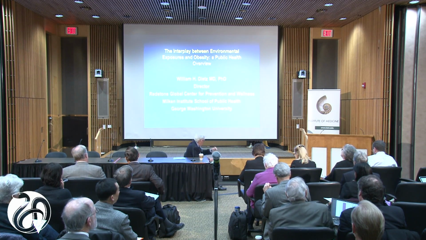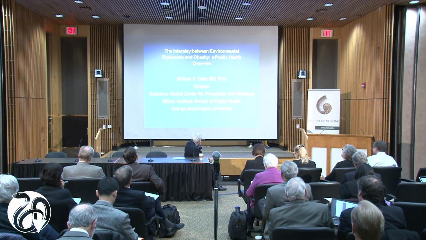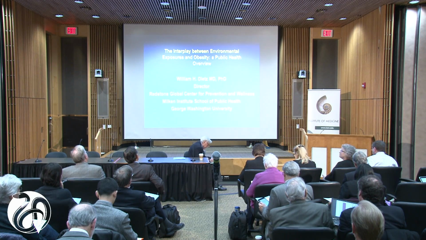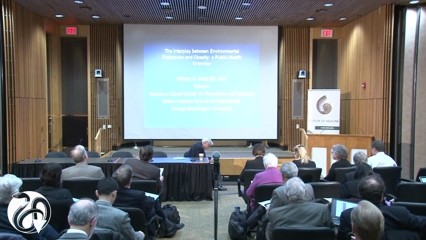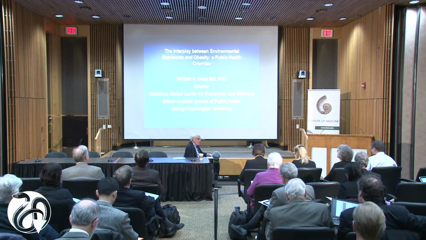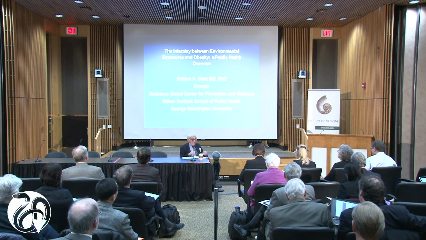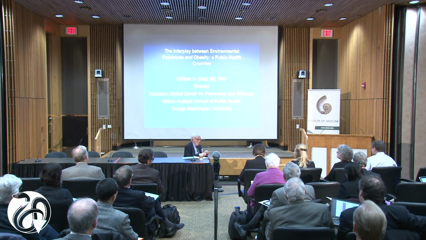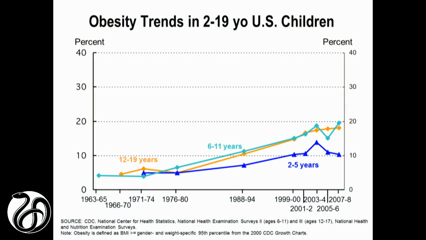And it's important to emphasize that those standards are based on national surveys and data that were collected prior to the rapid increase in obesity. So these are a historical standard, and it makes it possible for 17% of children to be greater than the 95th percentile. Now, if I could turn to the first slide, this shows the obesity trends in 2 to 19-year-old